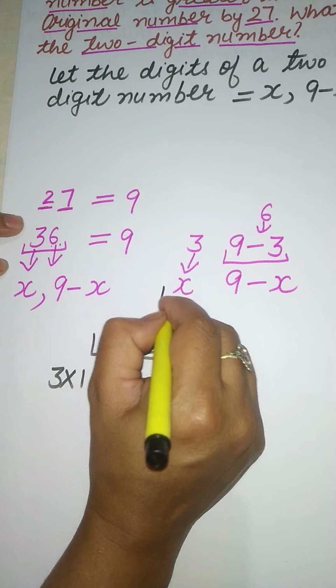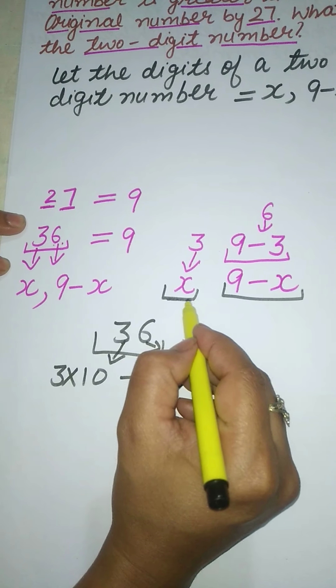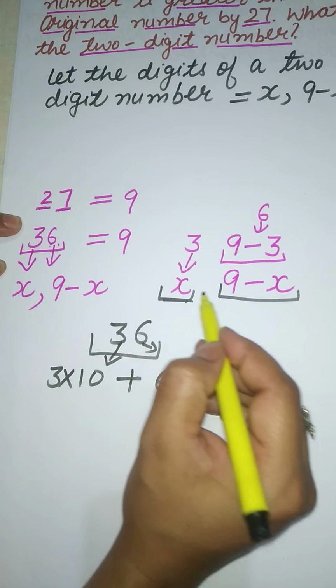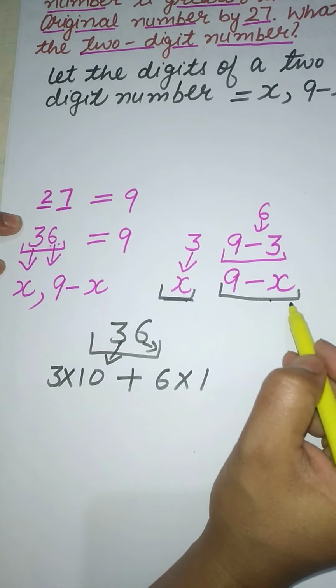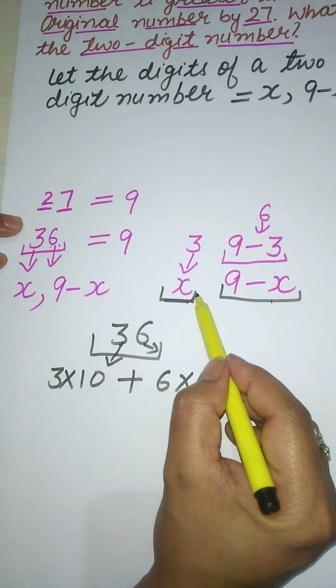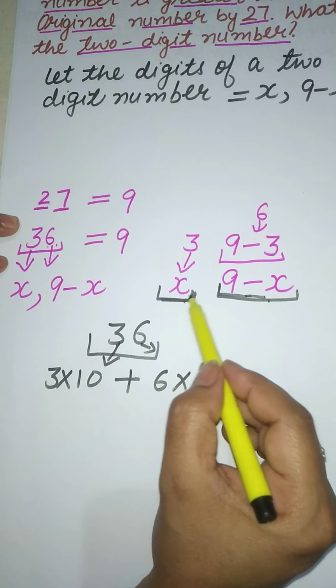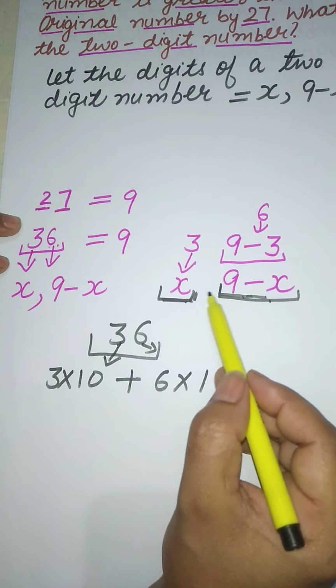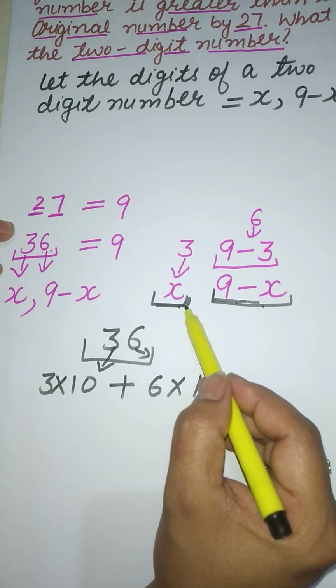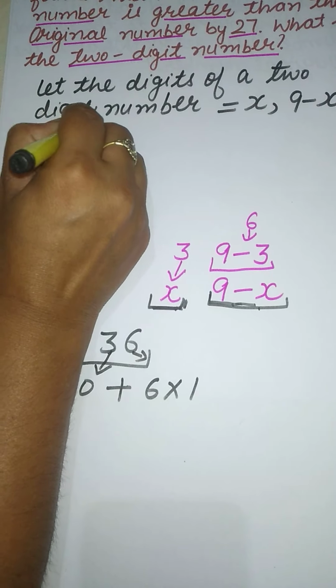In the same manner, out of these two digits, I can take one on the 10's place and the other on the 1's place. It is not necessary we will take x on the 1's place or 9 minus x. We can take any one of these on the 1's place and the other on the 10's place. So the original number is